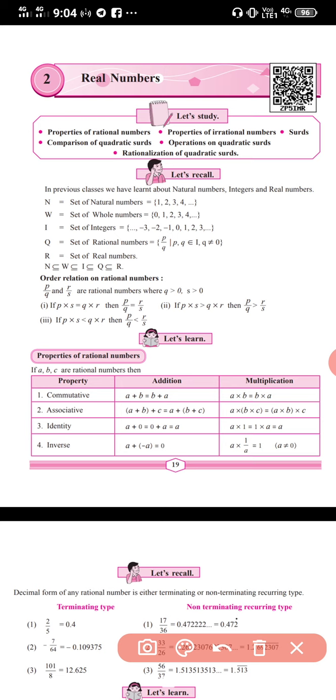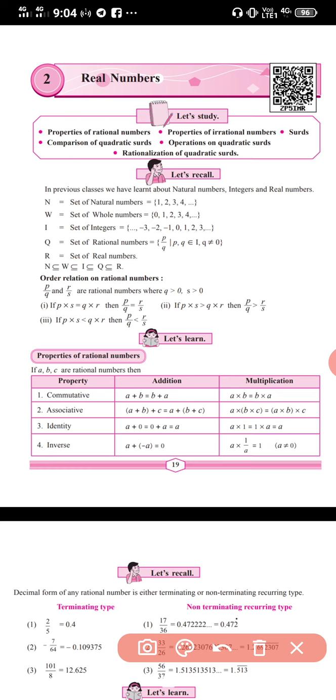That is, p and q are from the set of integers, that is, the number is positive or negative, and the second condition is q is not equal to 0, means the value of q is either positive or negative but not exactly 0.